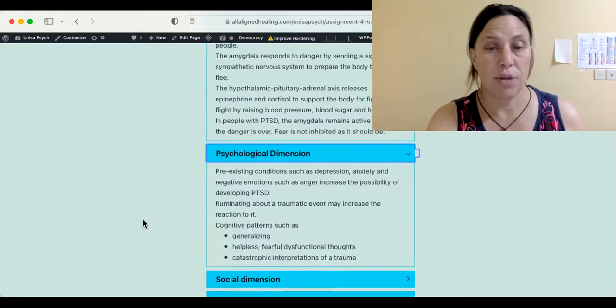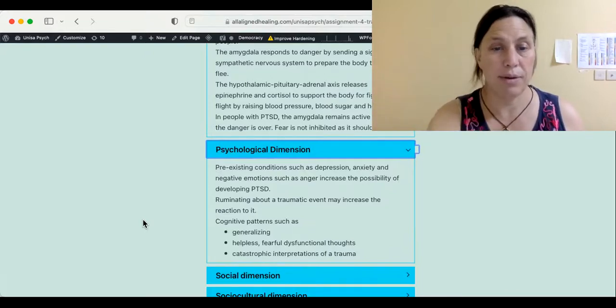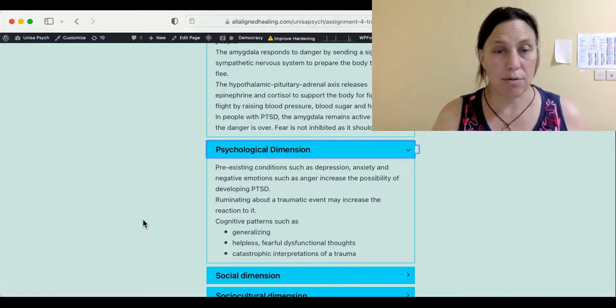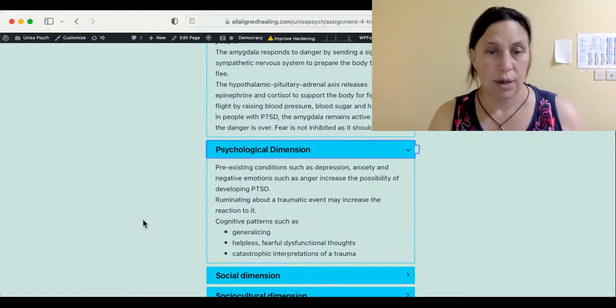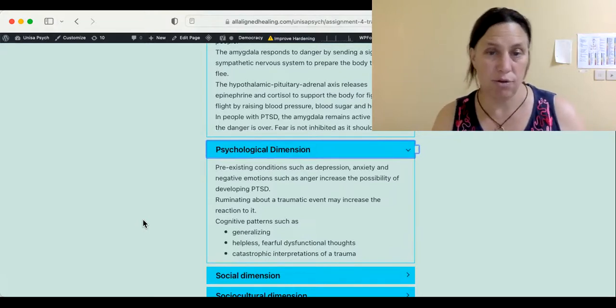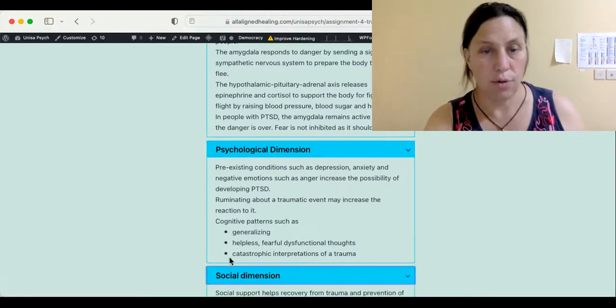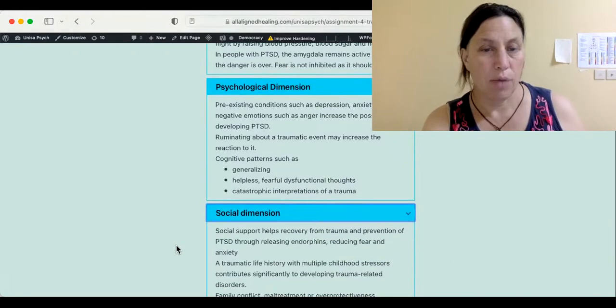Psychological dimension. Pre-existing conditions such as depression, anxiety, and negative emotions such as anger increase the possibility of developing PTSD. Ruminating may increase the reaction to it. Cognitive patterns such as generalizing, helpless, fearful, dysfunctional thoughts, and catastrophic interpretations of trauma, all of these things will make it more likely that you will get a trauma disorder and/or a stress